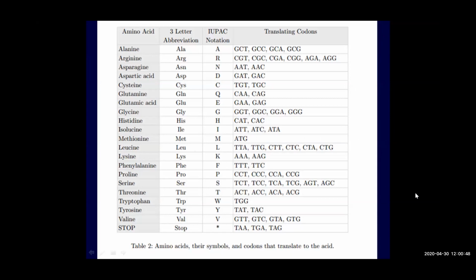So in case of protein, the situation is very complex. As I said, compared to 4 nucleotides in nucleic acid, in protein we have 20 different variants of amino acids. The 20 variants are all these amino acids: alanine, arginine, asparagine, aspartic acid, cysteine, glutamine, glutamic acid, and so on. So 20 amino acids are there.